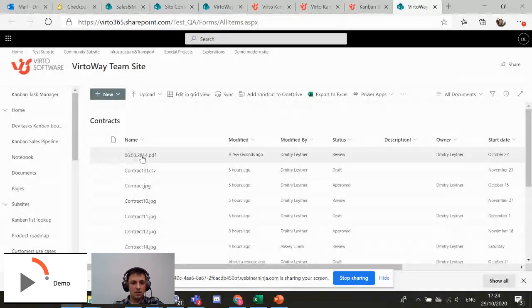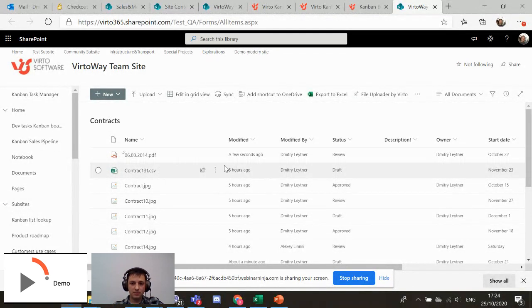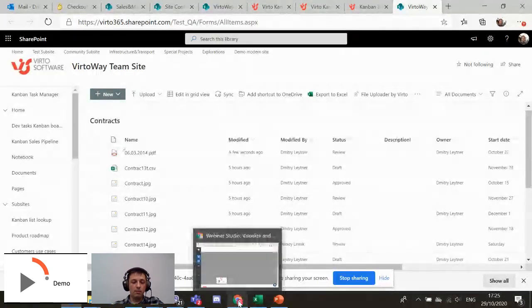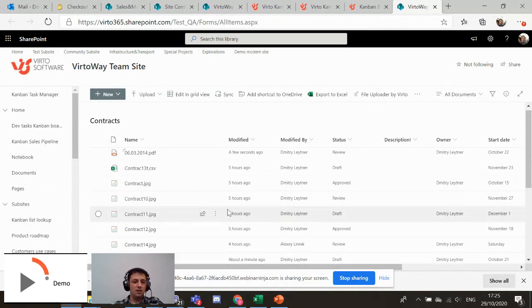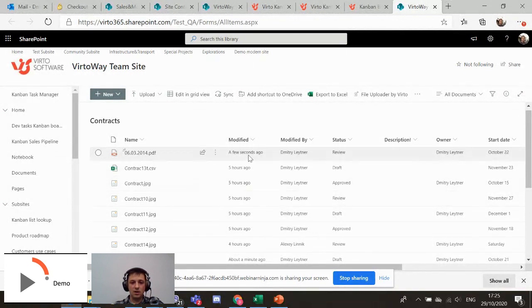So here you can see the contract I have added in the Kanban board in Microsoft Teams. It's all completed fields. What is important to understand about a Kanban board is that we don't store, copy, or sync any of your data. We display everything in real time to an Office 365 authenticated user. So everything is on your side, and we just help you to manage your processes in a simple way with